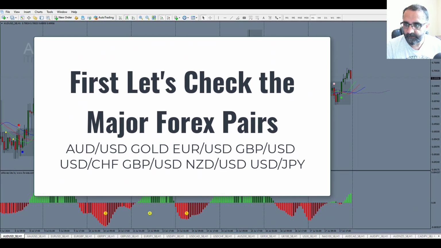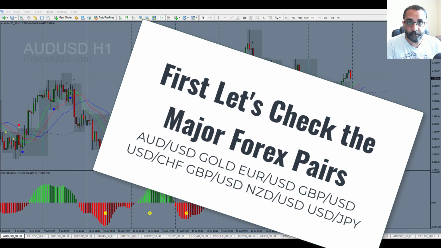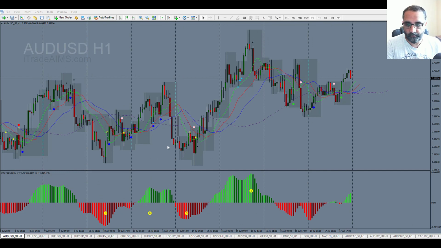Okay, so first chart is the Australian dollar. First, let's do the review for the week. So the week started on the 13th. It produced what we call a seed signal here, but I wouldn't have taken it because the wave formation wasn't there. Then on the 14th of July, we have this cherry signal, which could have brought probably a small